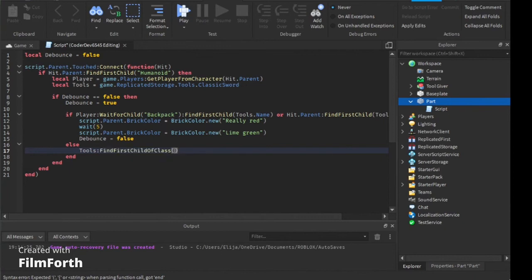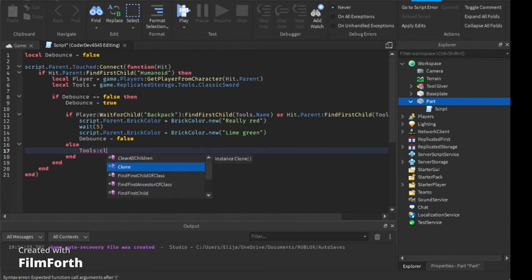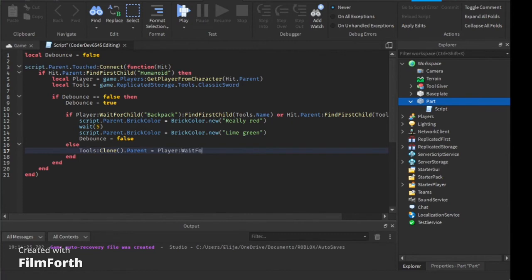So you're gonna type in tools, clone. Not type in clone, so clone. So tool clone dot parent equals player. Wait for child, so wait for child. And then type in back. And then after that, type in